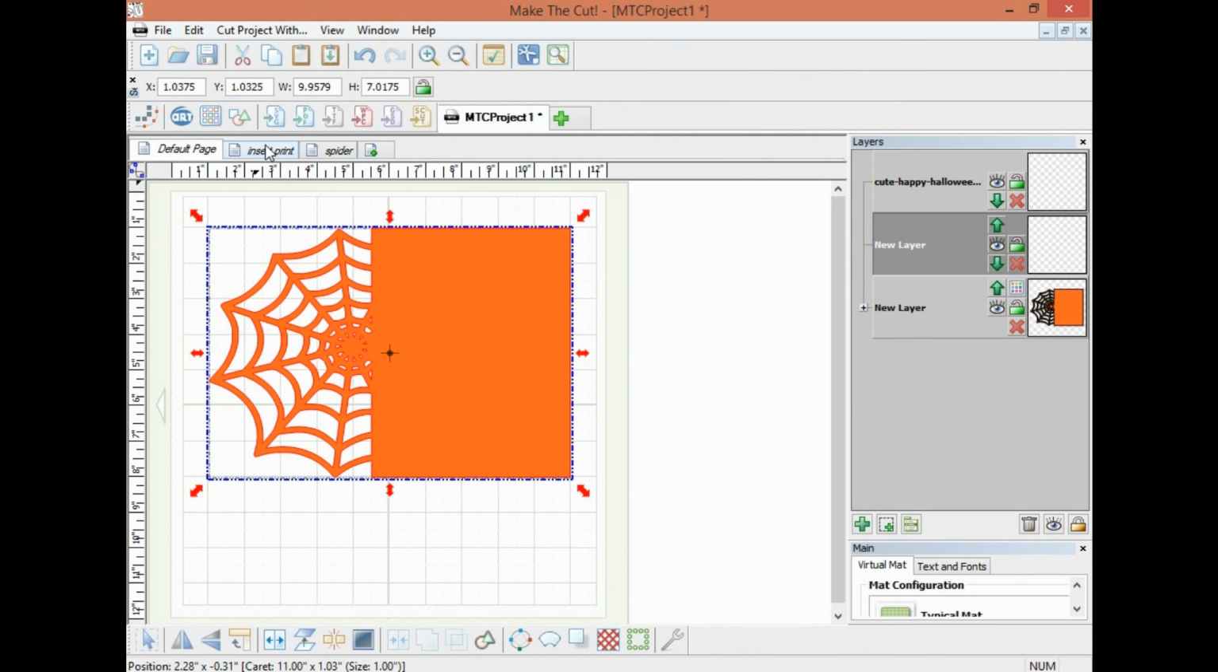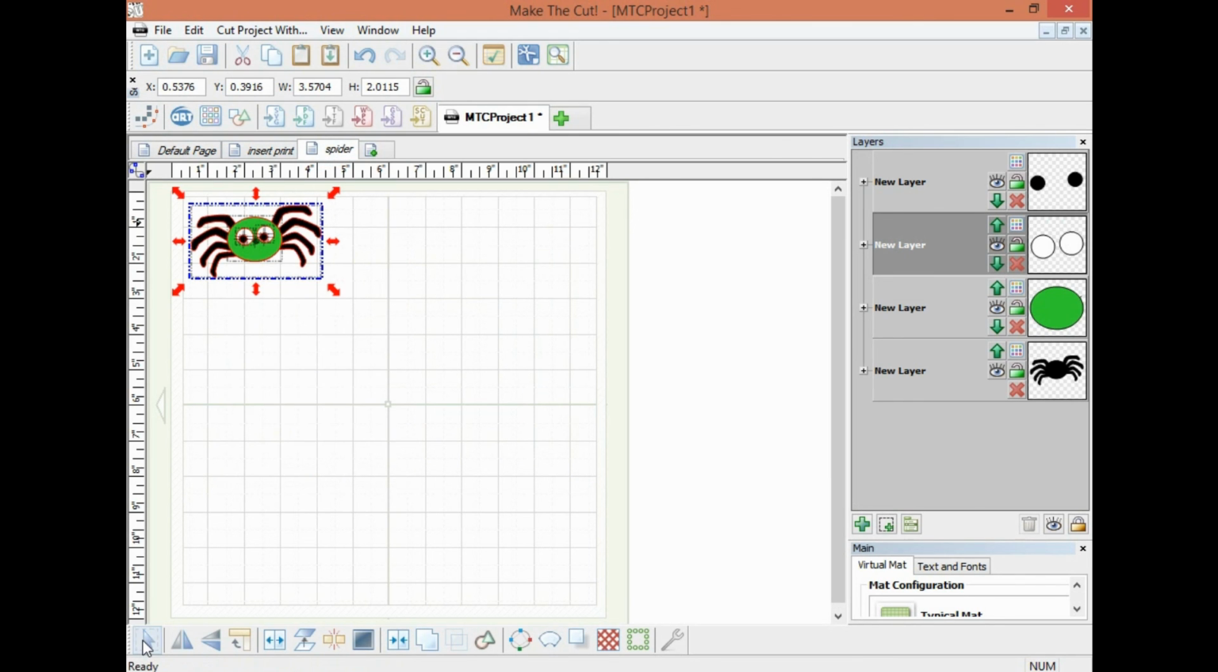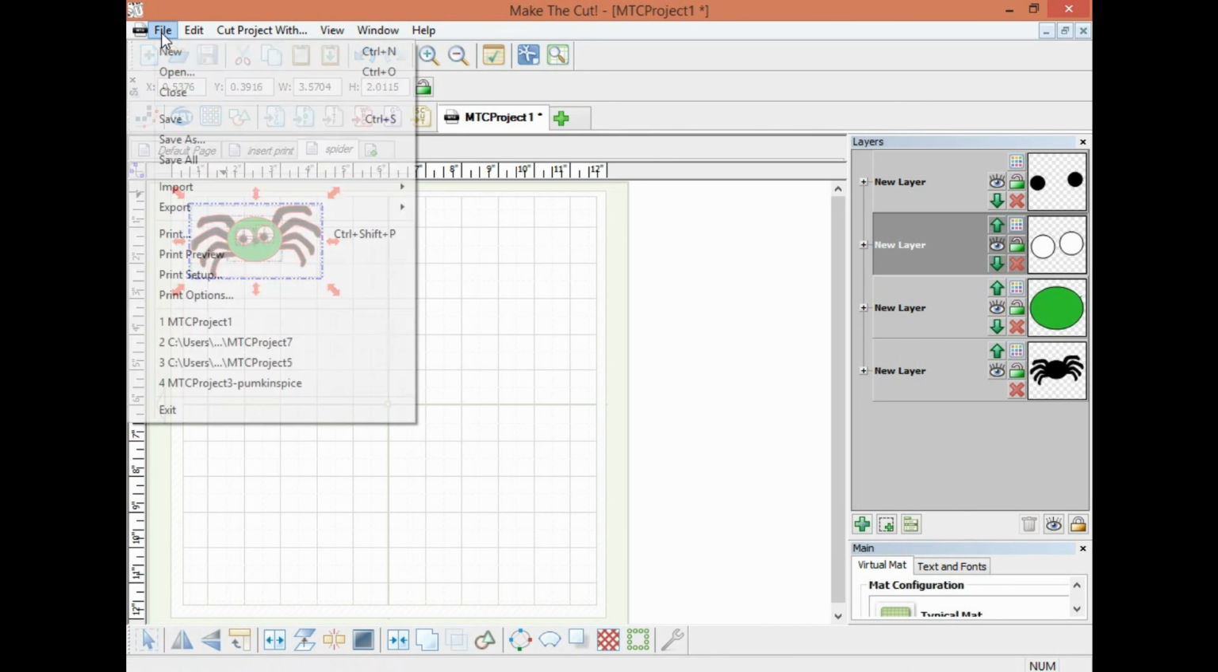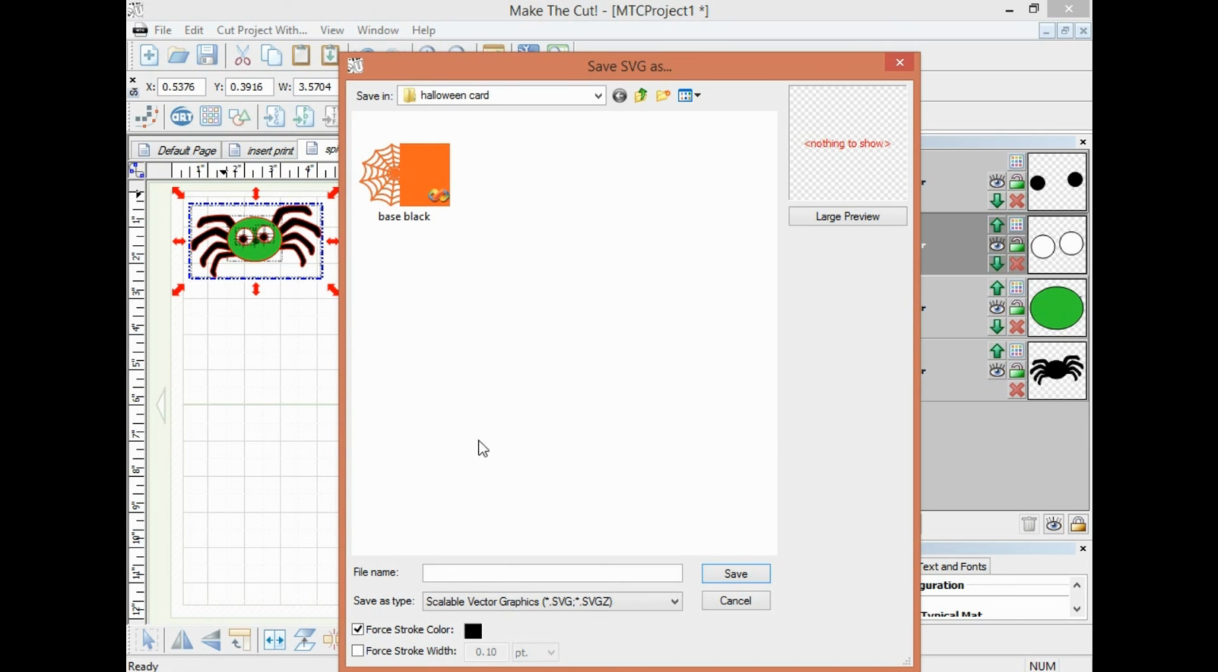Okay. We don't need to save this one because we're going to scan it, and we're going to select this one, all of it, by selecting the arrow down here, and export this one as an SVG, as in spider. Okay,